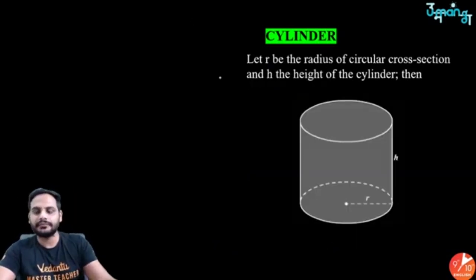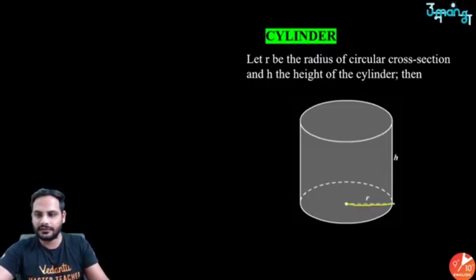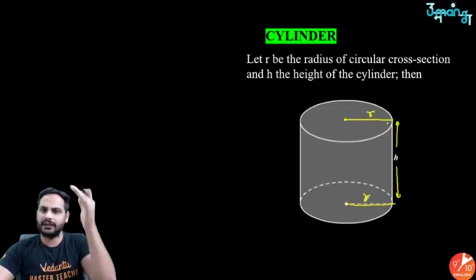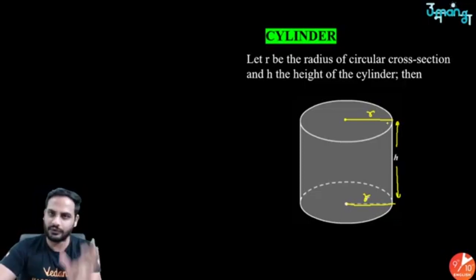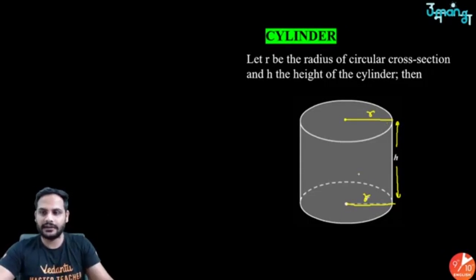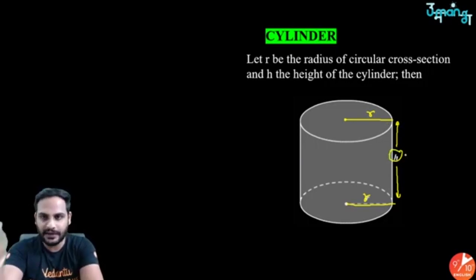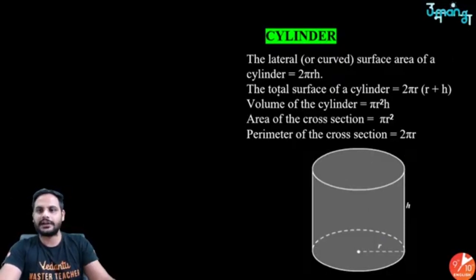After that, in case of cylinder there are two important things we have. One is your radius and the other is the height of the cylinder. Whatever is the radius of the base, the same is going to be the radius of the top as well, because the circular cross section is uniform throughout the cylinder. So radius at the top and radius at the bottom are exactly equal, and the other part is the height of the cylinder. So all the formulas will revolve around radius and height. Got it? So the formulas, if we talk about, the curved surface area for a cylinder is 2 pi r h.